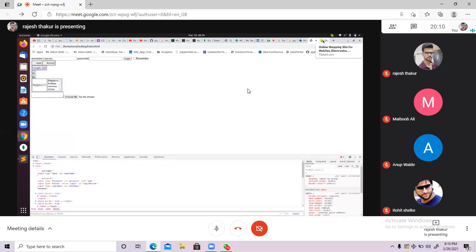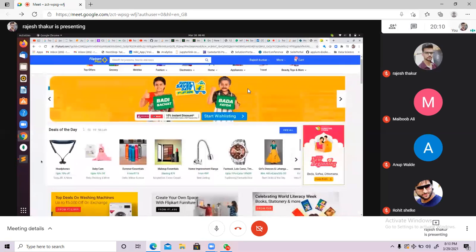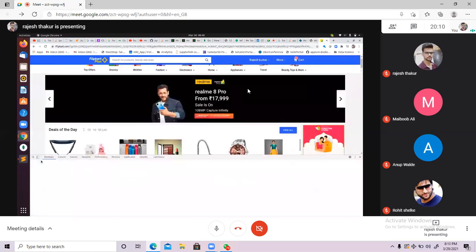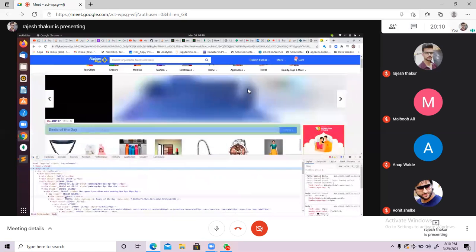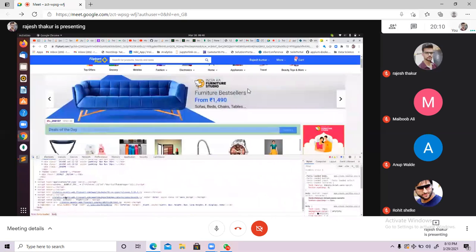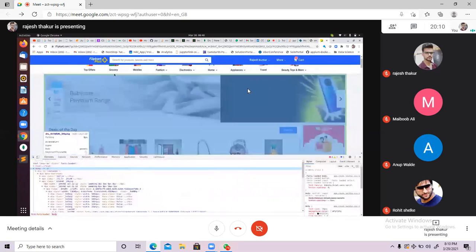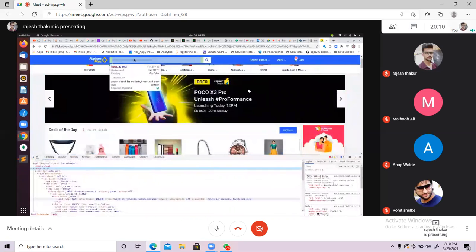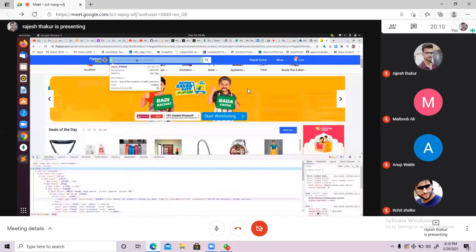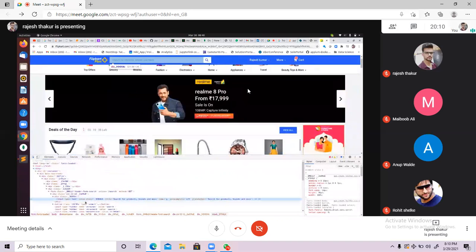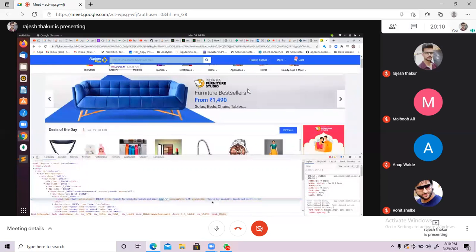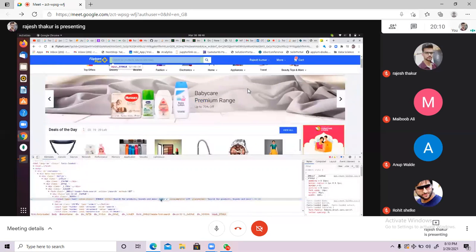So you can go there, and again on the Flipkart site, what you can do, press Ctrl Shift C, and there are many XPaths, meaning many HTML codes are there. You can inspect any of the elements. Let's suppose I have to inspect this search box. So just mouse over there. Once this portion got blue or highlighted, then just click on this. And this is the complete HTML code. See, here the name is there. Here name is also there, ID is there. No, ID is not there. Then go with the name. For sure, go with the name.